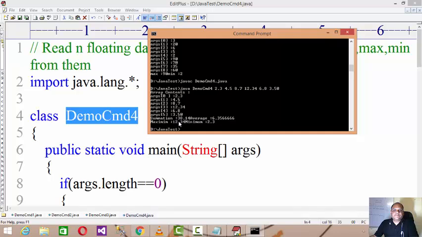Summation is 38 point something, average is 6 point something, maximum entry is 12.3 and the minimum entry is 2.3, right? You get the correct result over here.